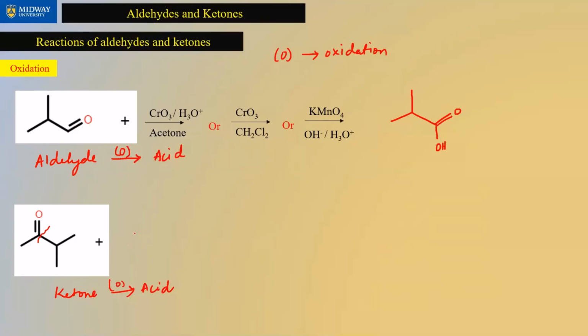I think typically also when you have a ketone, this is usually the reagent that will be given because this is a little bit more aggressive reagent. So you're going to take the compound containing the double bond O, just break it, add an OH. So that's one product. And for the other product,